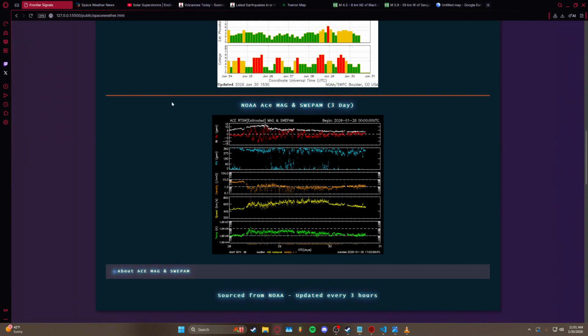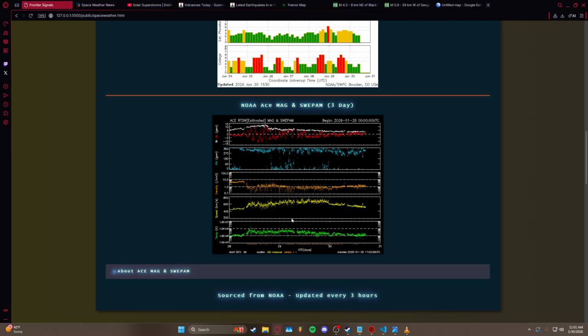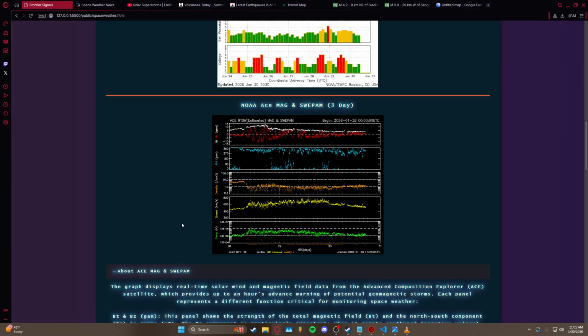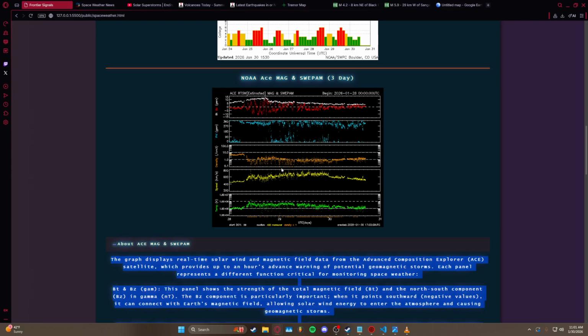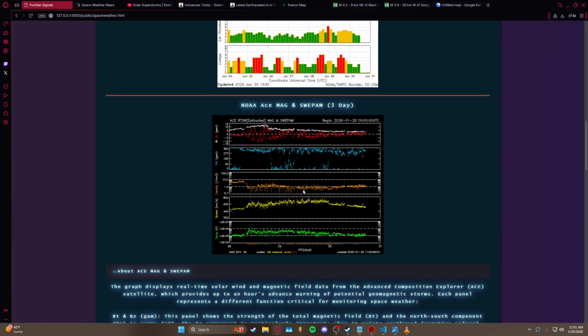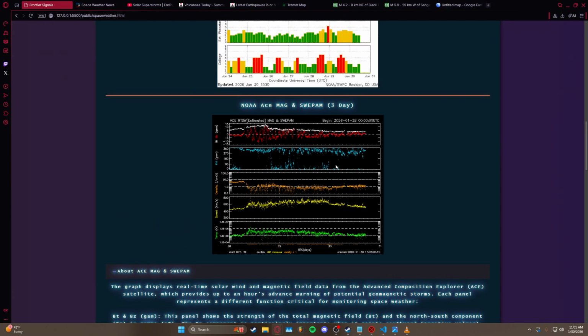So anyways, we're here on the space weather feeds where I finally added this. It's not like it was that hard, I just haven't done it yet. Along with a pretty good description for how each one of these things work here. I'll just run through it in a basic sense, because I don't fully understand it myself. This is the solar wind, the magnetic field strength and orientation in regards to